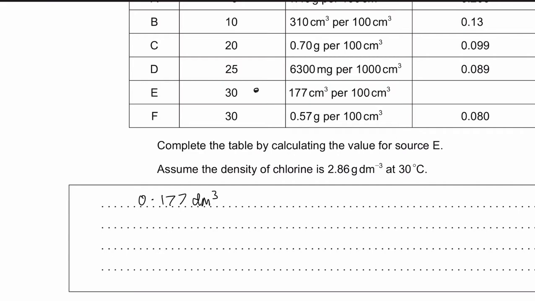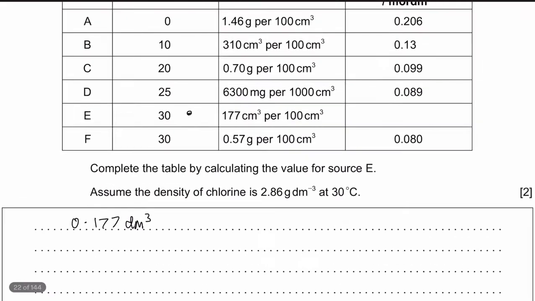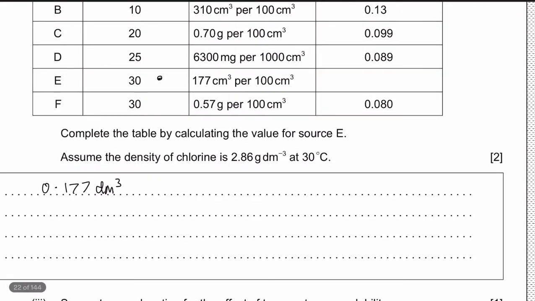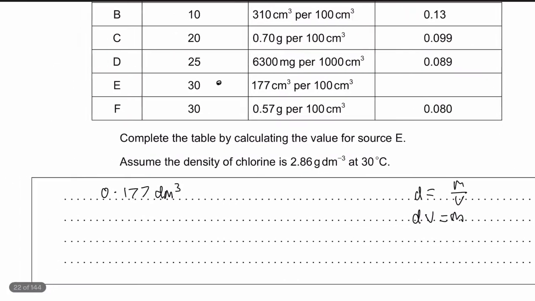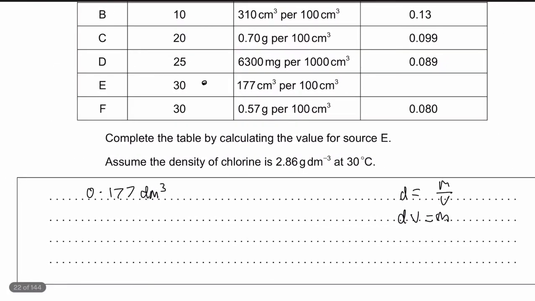And how are we going to get a value for the mass from this? Well, we have the density, right? And remember, density equals mass over volume, meaning if we want the mass, we need dV equals M. So we have our V, which is the volume, and we're just going to times that by our density, which is 2.86 grams per dm cubed. And that's going to give us a value of